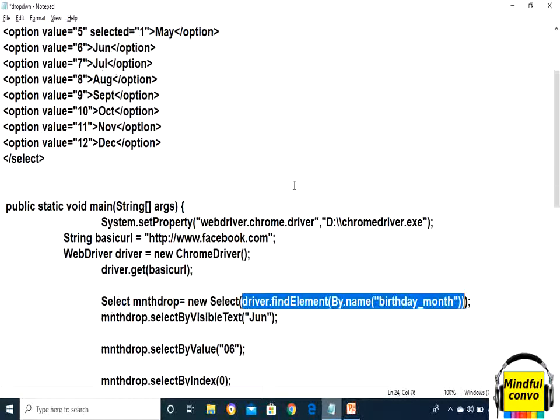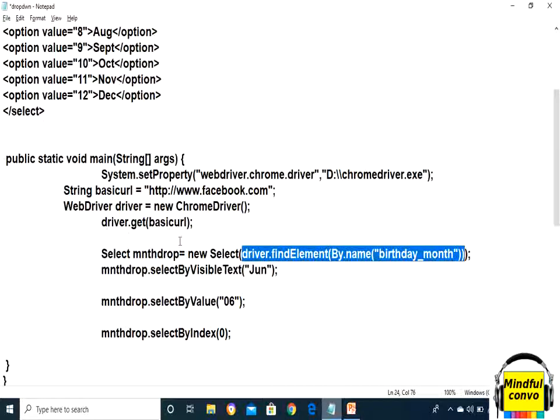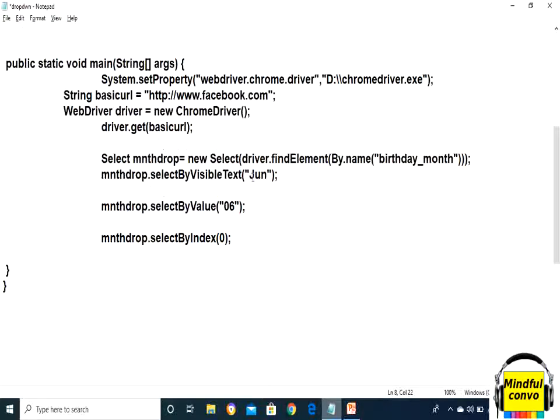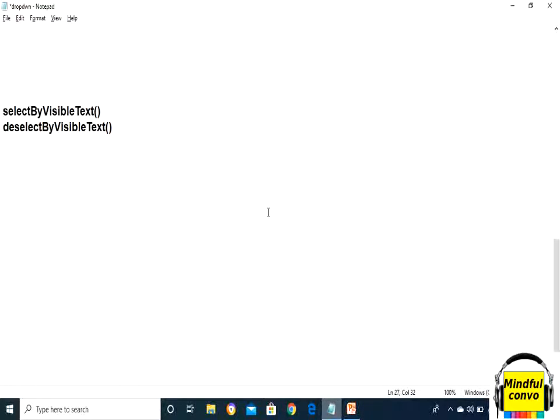We have taken it by name, that is birthday month, and now we will use the object of the Select class, like monthDrop.selectByVisibleText, and here the option name is June. So we will write June. It will automatically select June from the drop down.